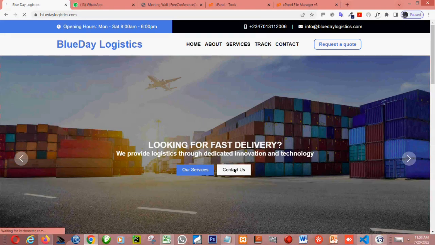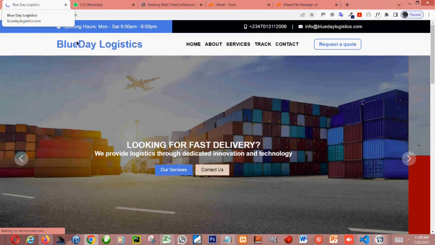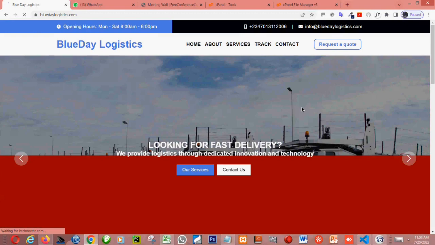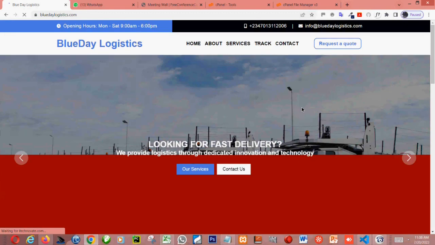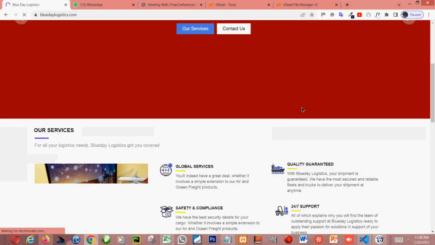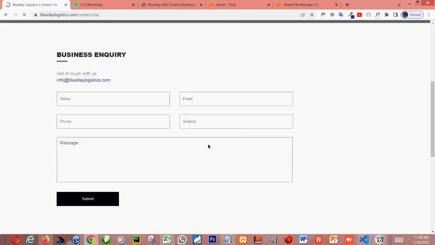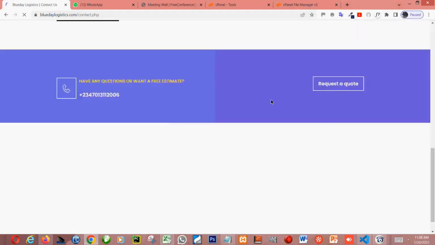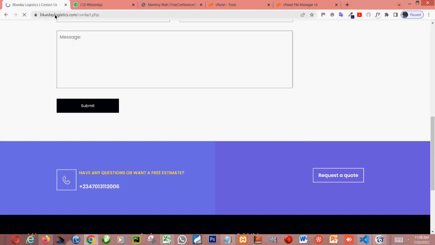For example, if I click on this contact us here now, it's loading. Can you see it's loading this page? The internet is not as fast as it should be. That is why it's taking some time. But it's going to open the contact us page. It's taking quite some time. I think I have to change my internet here or something. Okay, so this is the contact us page. If I click on request a quote, it takes me to the request a quote page. You can see it here,